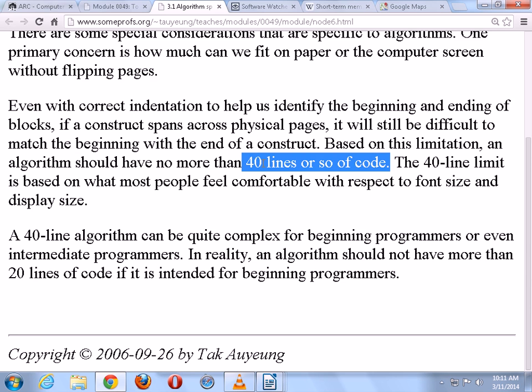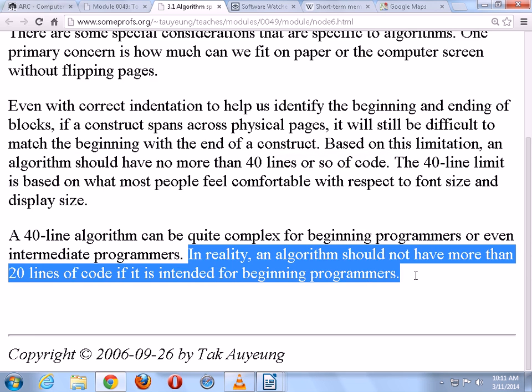Some people can handle maybe up to 60 or 70 lines, but that's about it. I mean, you don't really want your algorithms to exceed 60 or 70 lines, unless it is a very special kind of program where you cannot really break up the code. Okay, for this class or for any class in the beginning stage, I would say about 20 lines is how far you should push it. If a particular algorithm is longer than say 30 lines or so, you should consider breaking it up into smaller